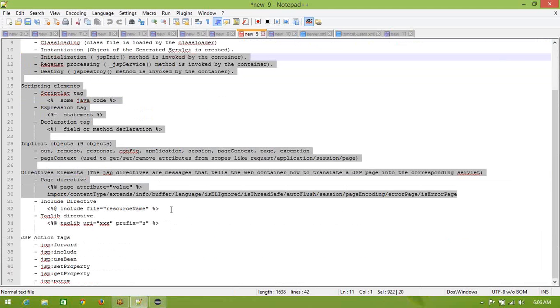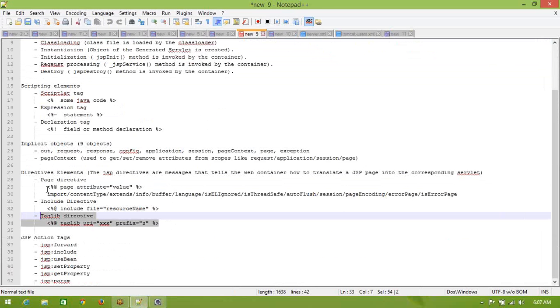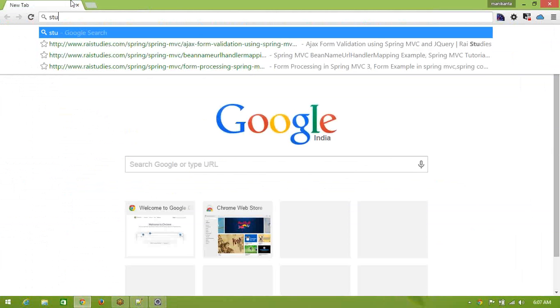So now let's come to the taglib directive. What is this taglib directive? In many frameworks, they have created their own tag library. Means, if you see in Struts,